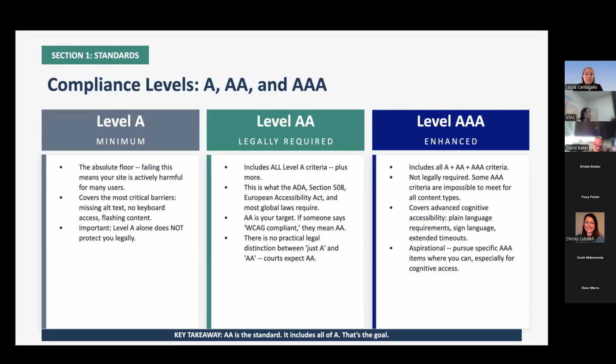So level A is the absolute floor. It's the minimum. It covers the most critical barriers like missing alt text, no keyboard access, flashing content, those things. Level A alone does not protect you legally, whereas level double A does protect you legally. It's the target for all the organizations that are out there. And this is the level where ADA and Section 508, plus the European Accessibility Act and most global laws require